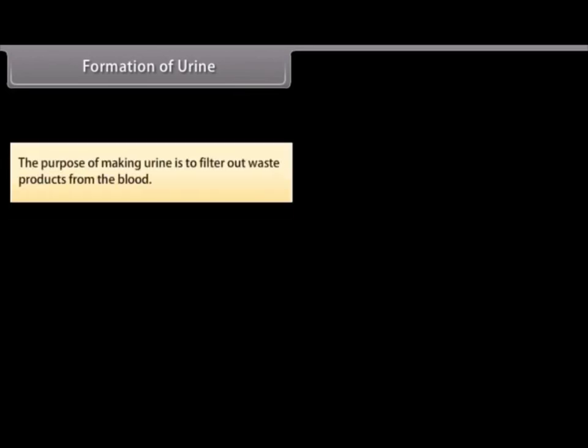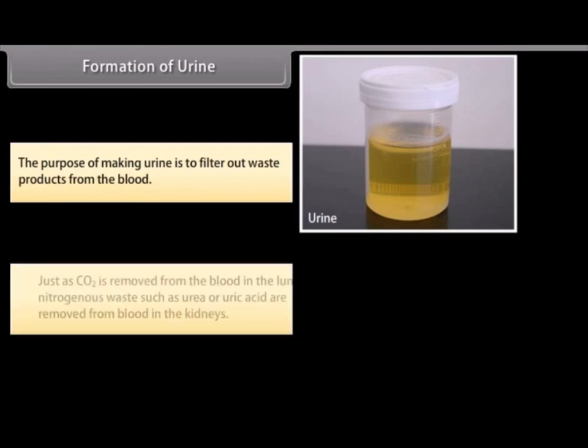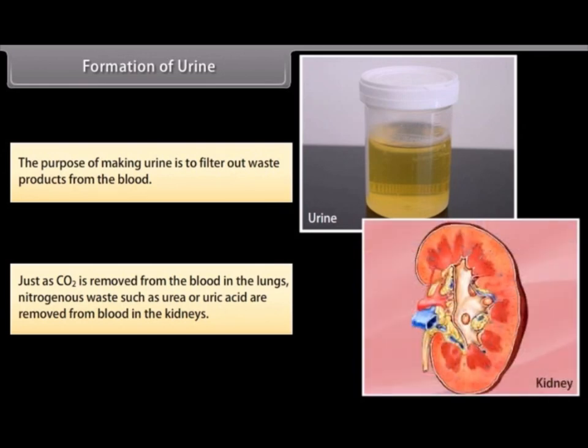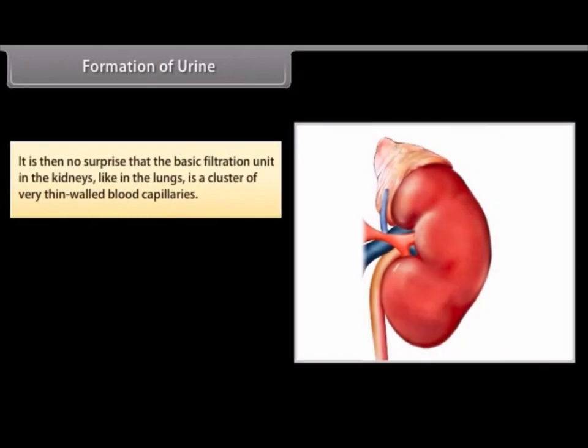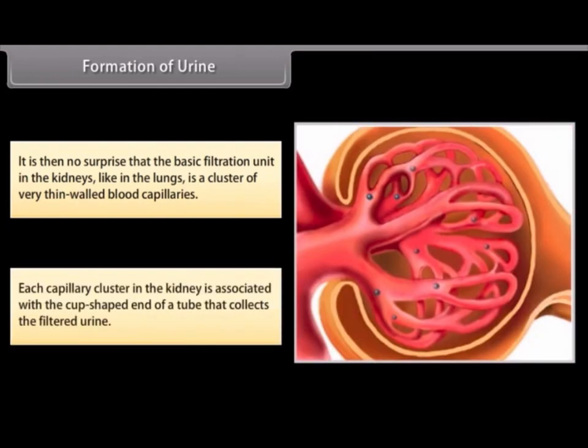Formation of urine. The purpose of making urine is to filter out waste products from the blood. Just as CO2 is removed from the blood in the lungs, nitrogenous waste such as urea or uric acid are removed from blood in the kidneys. It is then no surprise that the basic filtration unit in kidneys, like in the lungs, is a cluster of very thin-walled blood capillaries. Each capillary cluster in the kidney is associated with a cup-shaped end of a tube that